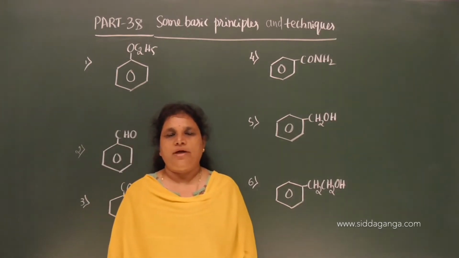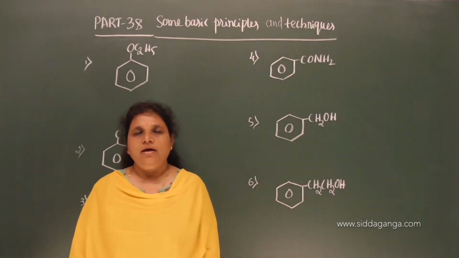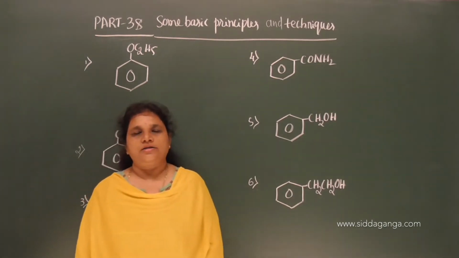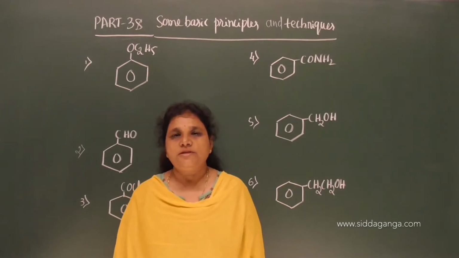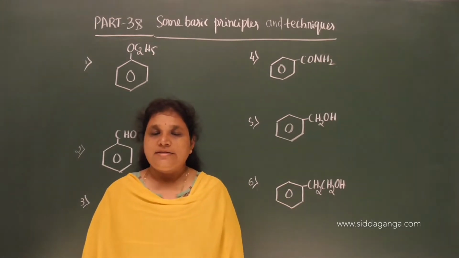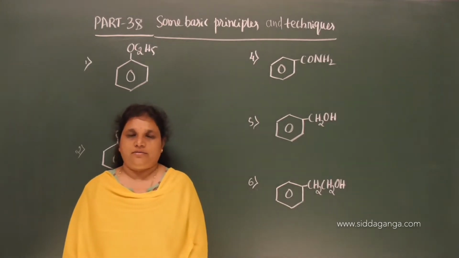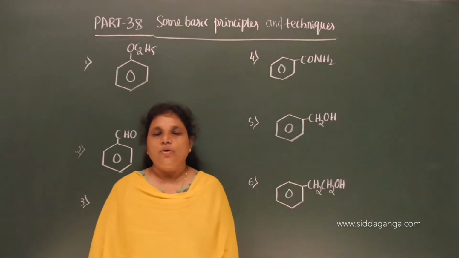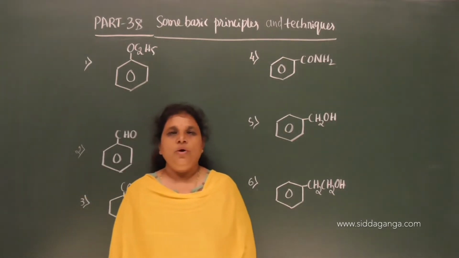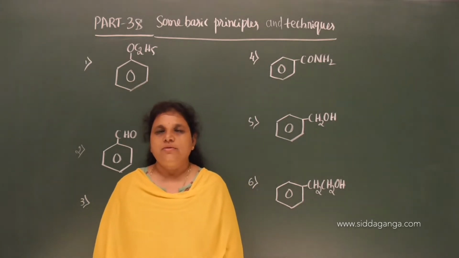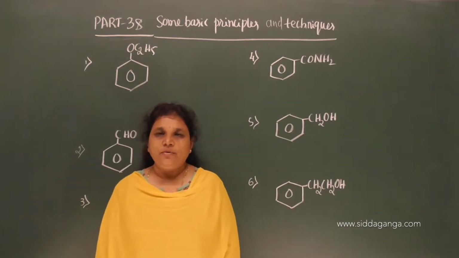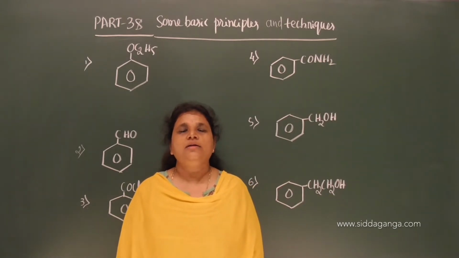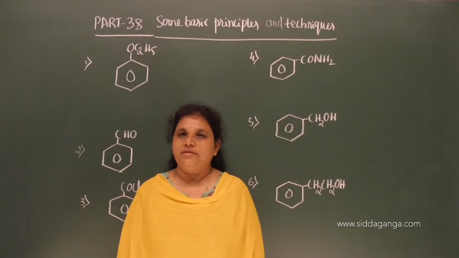We name them by using the prefixes ortho, meta, para depending on the position of substituents. Adjacent gives ortho, alternate positions gives meta, opposite positions is para. Similarly, if we move on to disubstituted IUPAC nomenclature, we need to give the locants for ortho, meta, para position: 1,2, 1,3, 1,4. By giving locants 1,2, 1,3, 1,4, this indicates the adjacent positions, alternate positions and the opposite positions on the benzene ring.